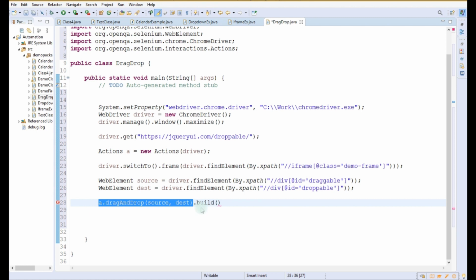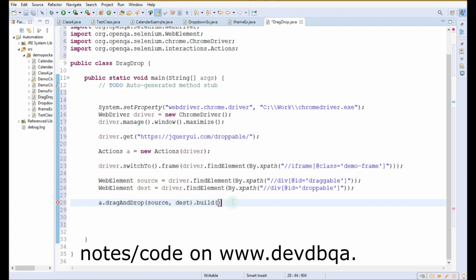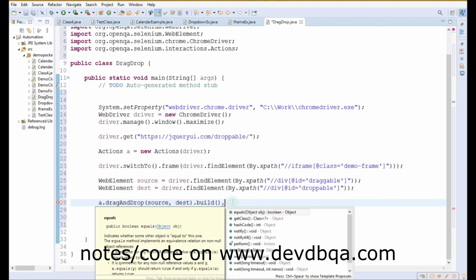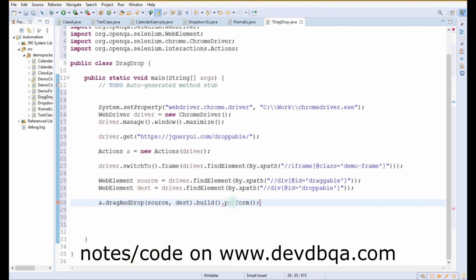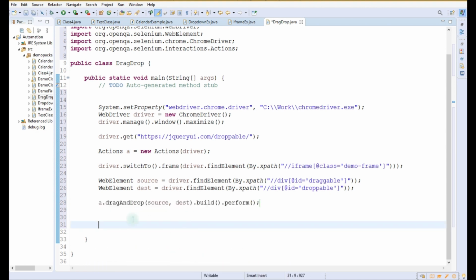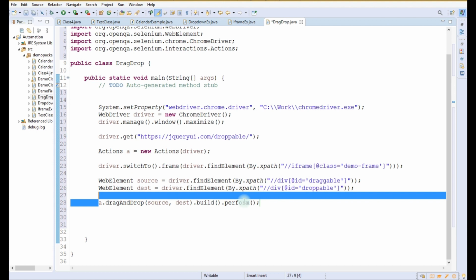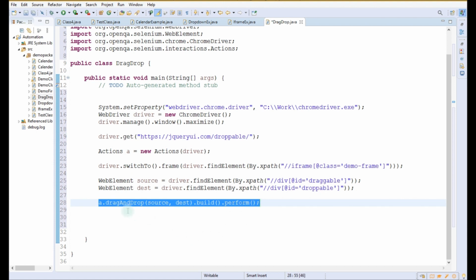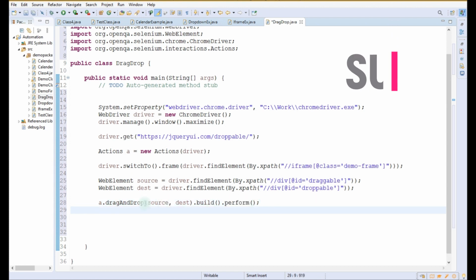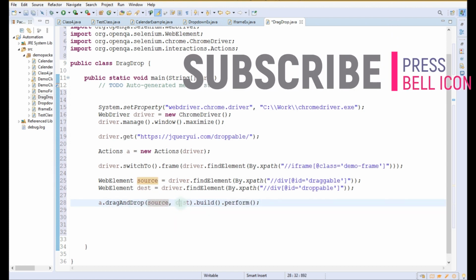After building we have to perform that action, so we write perform. This is the complete syntax for using the Actions class: we write the actions we have to perform, then build, then perform. It will drag and drop the source to the destination.